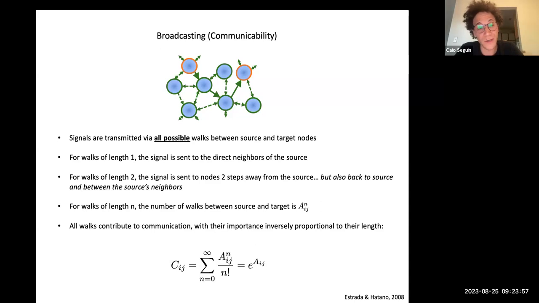It's really used in complex networks, and I'm going to get back to that. I know that this is very abstract, but I'm going to show in a few slides an application of communicability to real data, and it's going to get a bit clearer how it works.